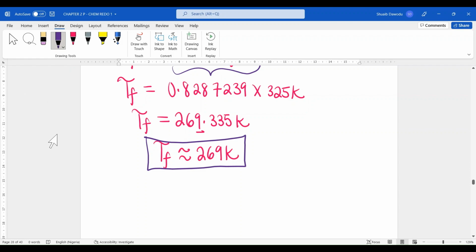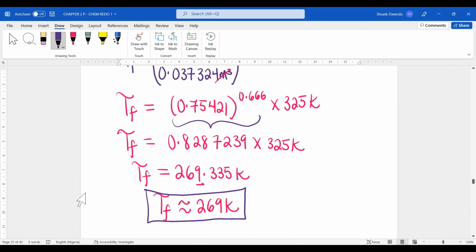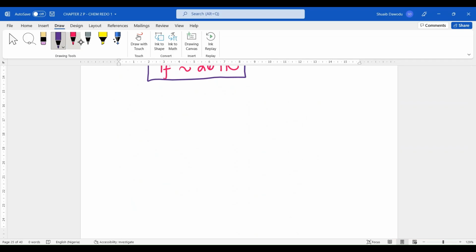Now we have determined the final volume. We have also successfully determined the final temperature. Now we have to determine the work done, the adiabatic work done. So calculating the adiabatic work done, we have to first of all note again, since we're dealing with an adiabatic expansion problem, you know that the adiabatic work done is just simply CV,m times the number of moles times the change in temperature. So CV,m meaning the molar heat capacity at constant volume times the number of moles times the change